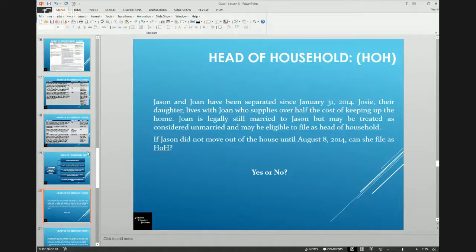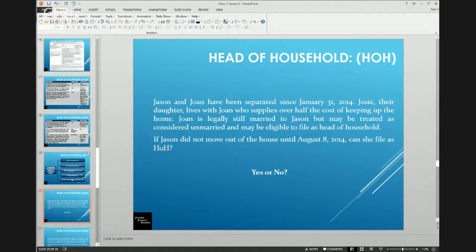So let's look at an example here. Jason and Joan have been separated since January 31st, 2014. Josie, their daughter, lives with Joan, who supplies over half the cost of keeping up the home. Joan is legally still married to Jason, but may be considered unmarried and may be eligible to file